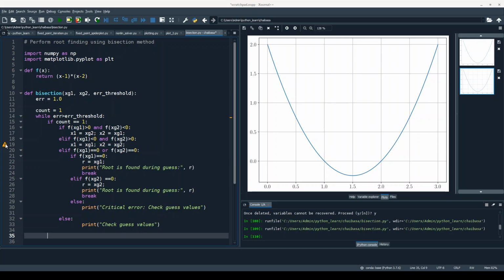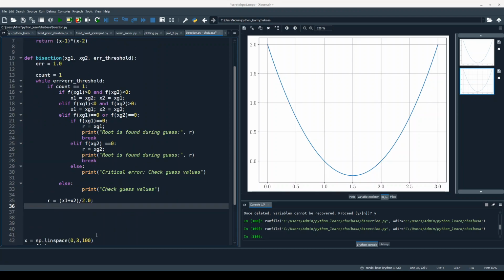So x midpoint, or let me call it as r, is equal to x1 plus x2 by 2. Now I will check whether r, so if we look at this point, if guess is over here, and the midpoint is somewhere over here, then I have to update x2.